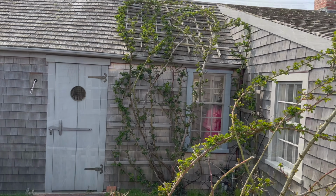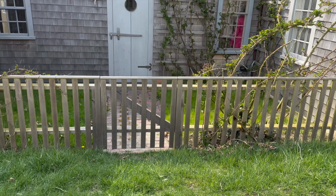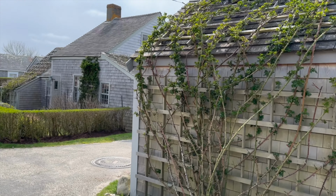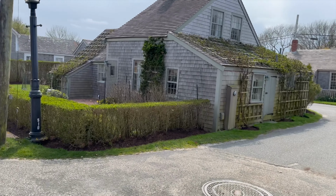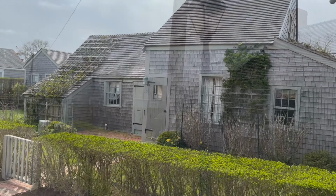We're going to take a look at this unique whaling town, and we're going to go right into one of the cottages and show you a completely redone cottage. But for today, I just want to take you on a little walk through the village of Sconset because it